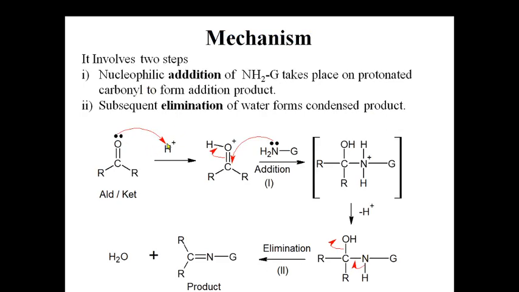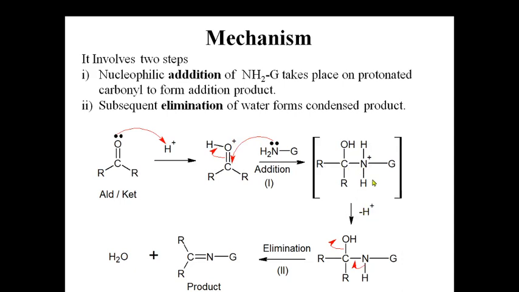So, first step: protonation of the carbonyl oxygen takes place. You are getting the species so that this carbon becomes more electrophilic, and now this ammonia derivative, that nitrogen having an electron pair, easily attacks the electrophilic protonated carbonyl carbon. Now this carbon-oxygen bond will open and the positive charge will vanish. So you are getting this particular intermediate.